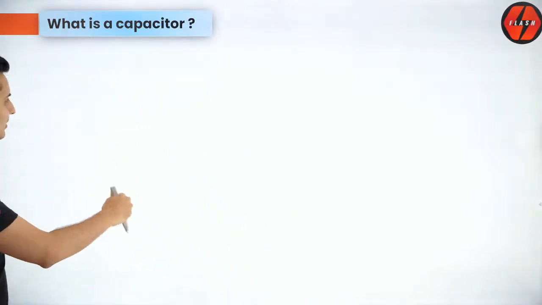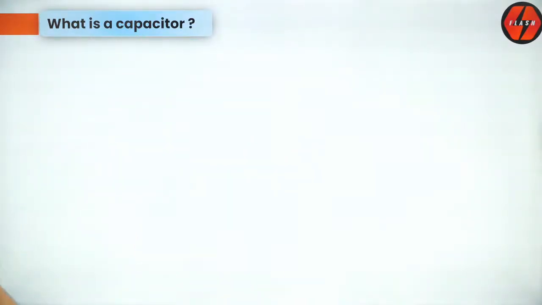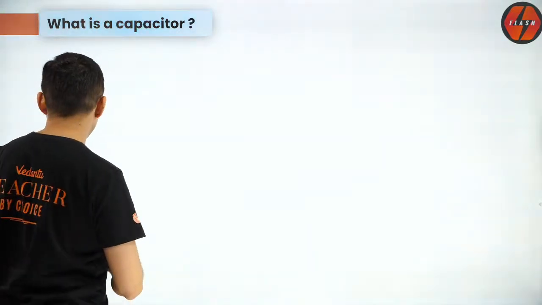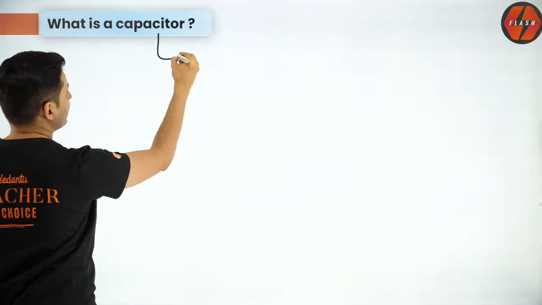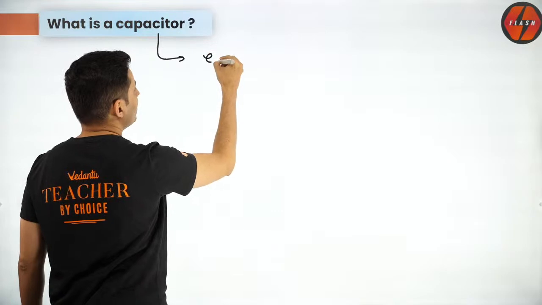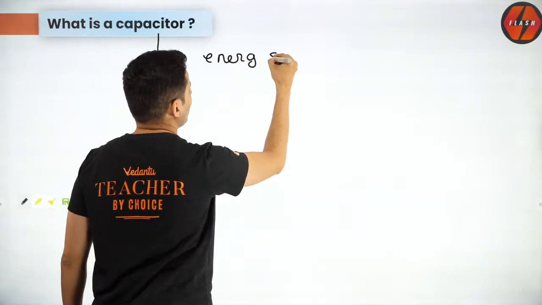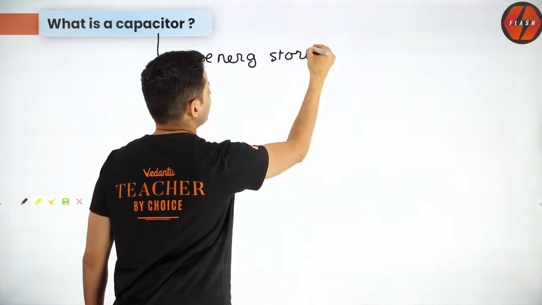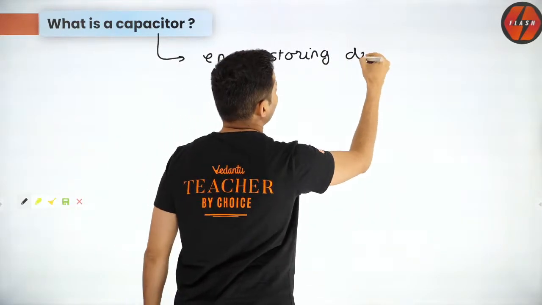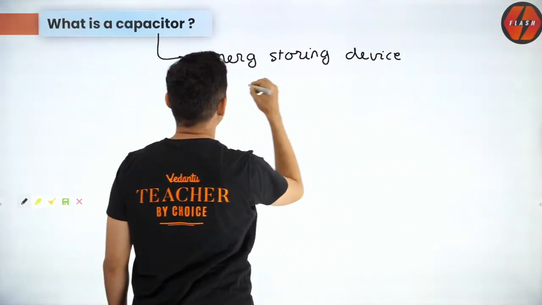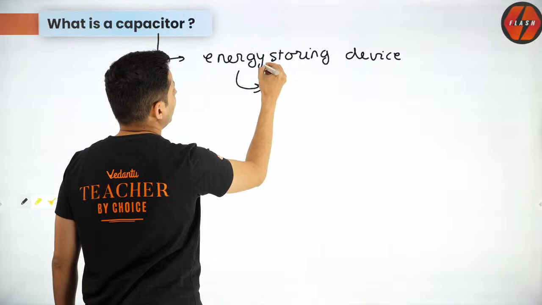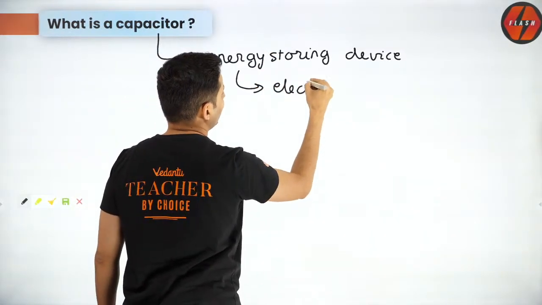All right. So let's begin. And here it comes. So what exactly is a capacitor? A capacitor is nothing but an energy storing device. Okay, it stores the energy. So it's an energy storing device. But in which form does it store the energy? So the energy is stored in the form of electrical